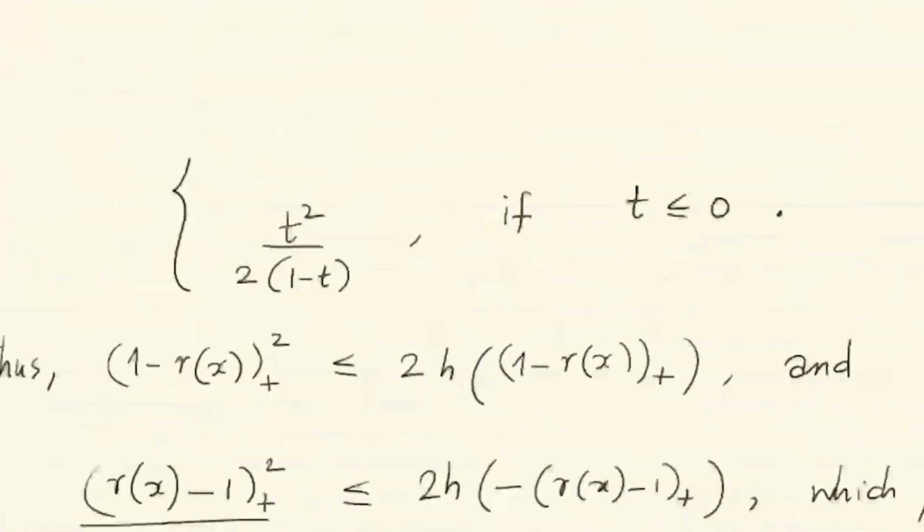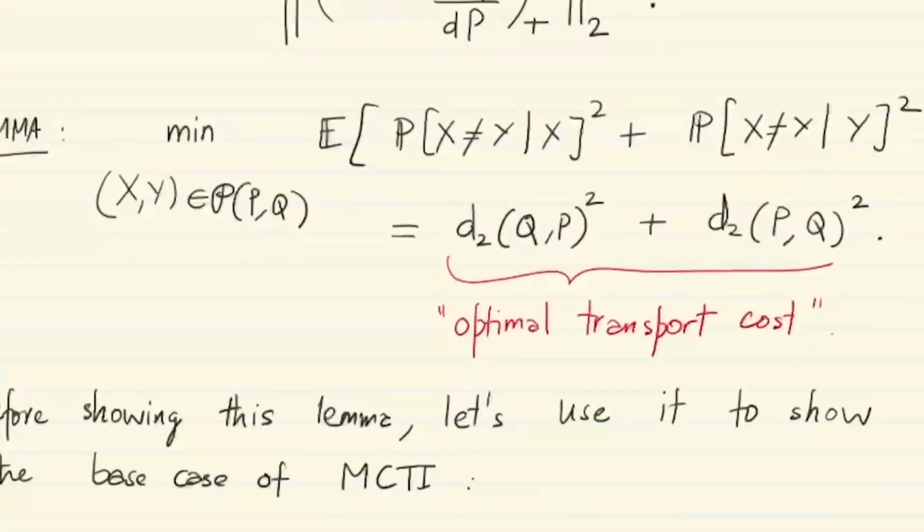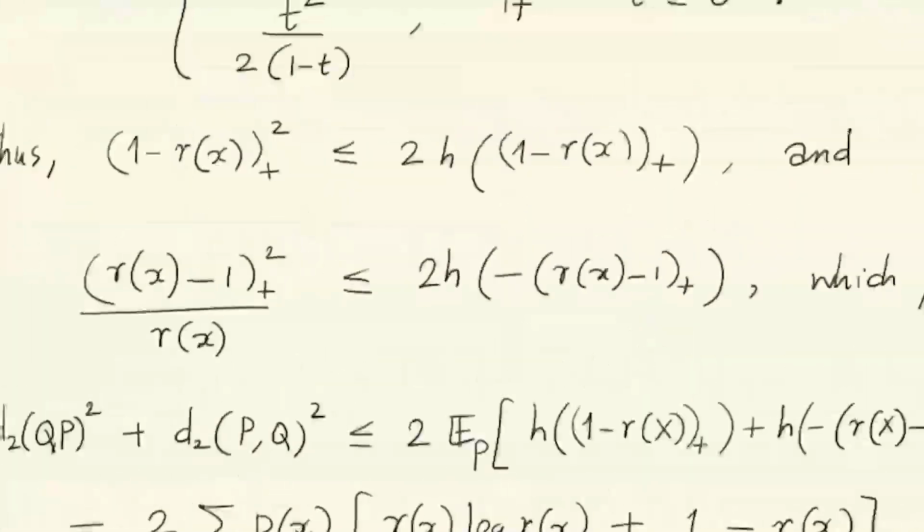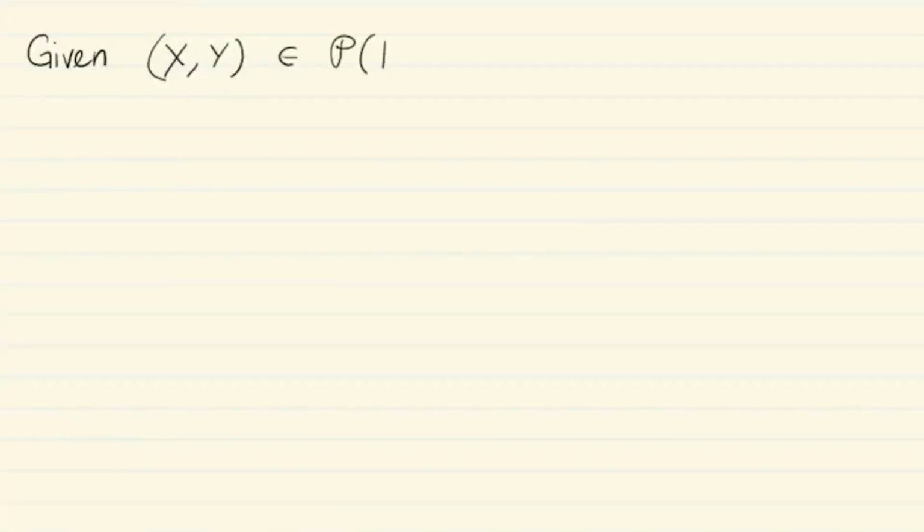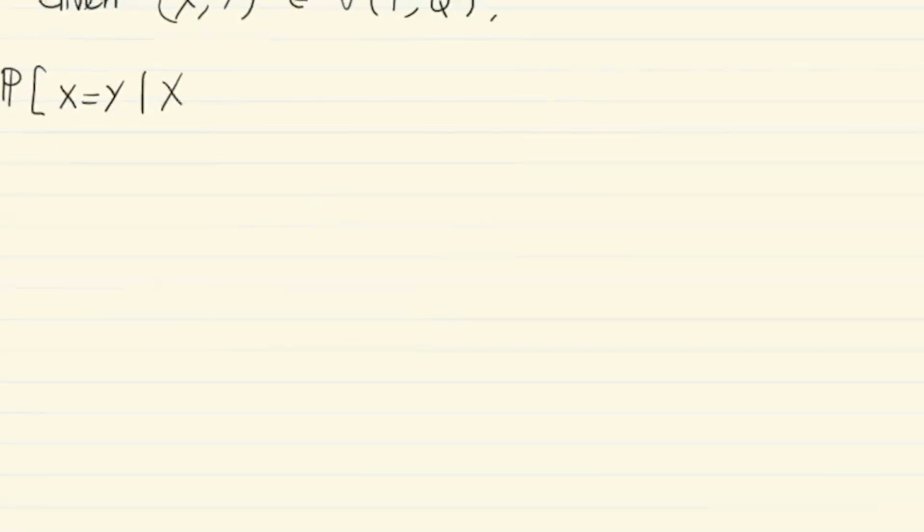So what does the lemma ask us to show? The lemma basically says find a coupling between X and Y so that in some sense the conditional probabilities of discrepancy between X and Y are kept to the least possible amount. Okay, so let's take any coupling of X and Y following the given marginals p and q. We have that the probability of X equal to Y given, so not discrepancy but equality,